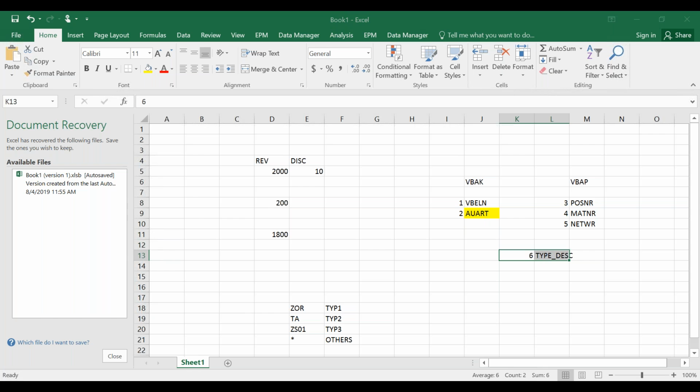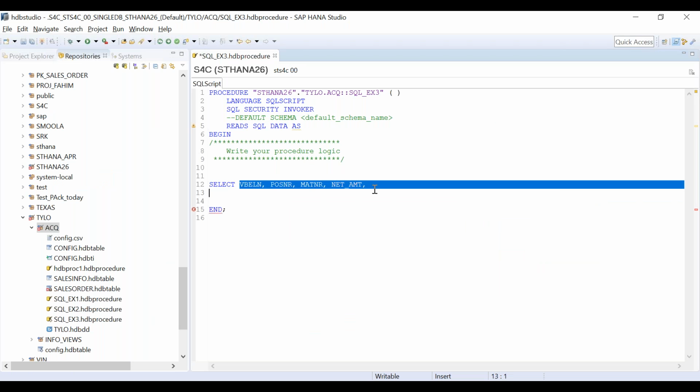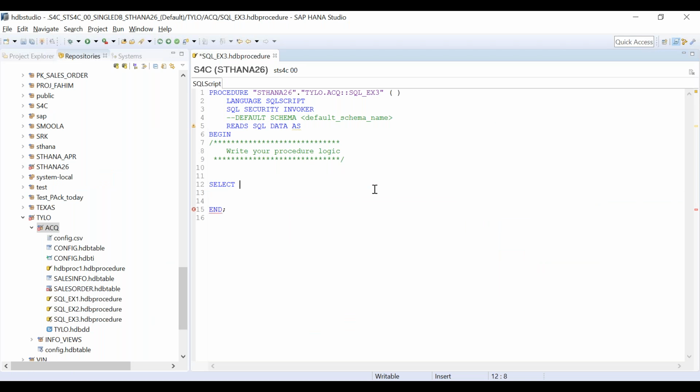Okay, let's see how you do it. We will create something like this: VBELN, AUART, POSNR, MATNR and NETWR.